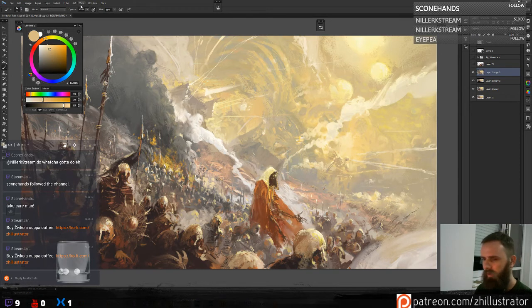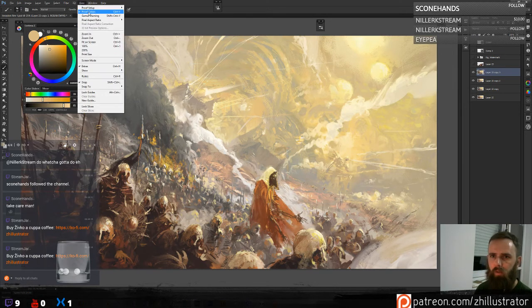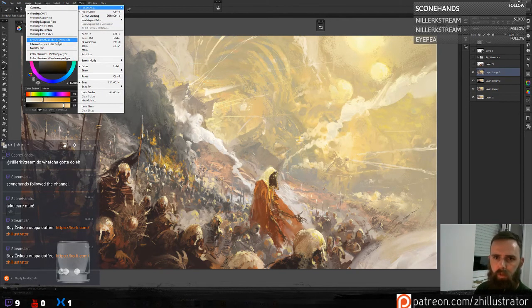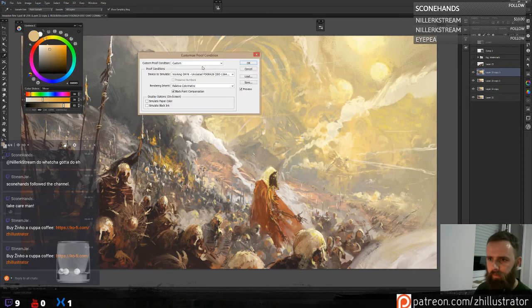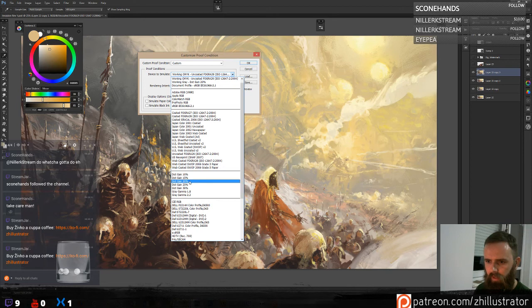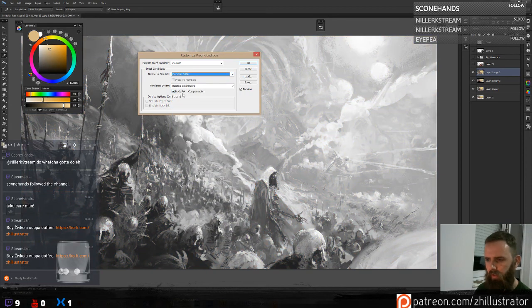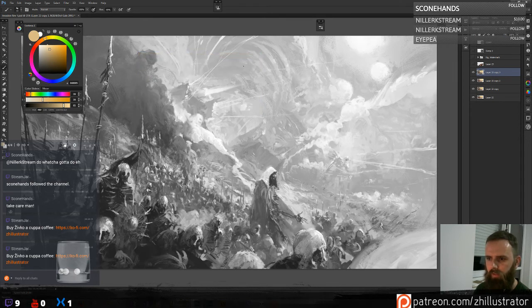View, Proof Setup. Let's just set it up to custom. Dot gain 20%. Relative colorimetric, absolute colorimetric, relative. Alright.